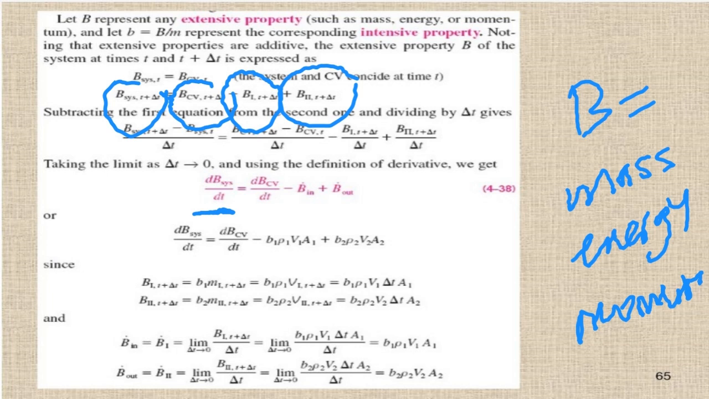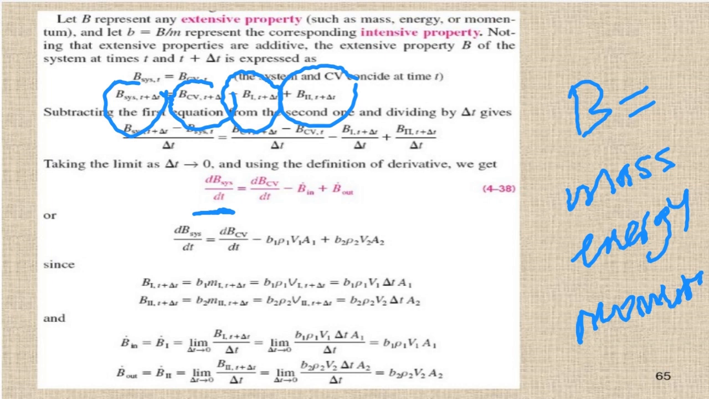Intensive property is independent of the mass, right? For instance, temperature is intensive. If I divide this room by 2, the temperature won't change, or the pressure won't change, but the mass will change. So mass is extensive, whereas temperature or pressure is intensive. How about the